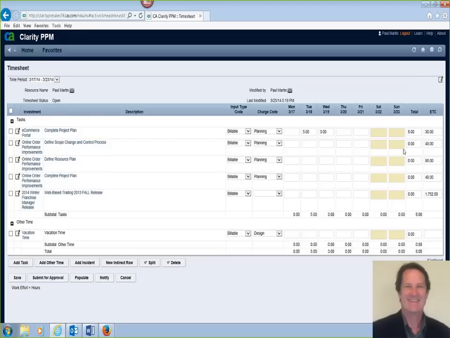Sure. You can just go in here to the total and say, I worked 32 hours. And when you save it, it'll distribute those hours evenly across the week. So you just enter a total in. Entering time can be very simple for the week. If you don't need to or want to enter detailed daily time, just enter the total time. That's sufficient for Clarity. That's great. So now I can enter my time daily or weekly.